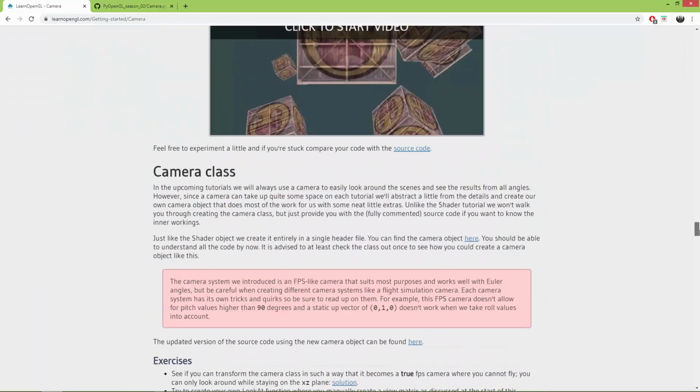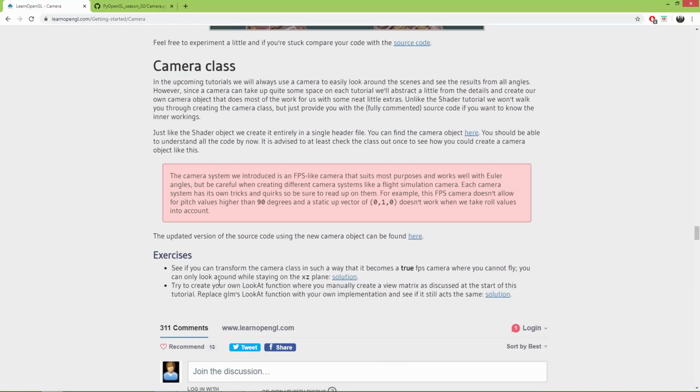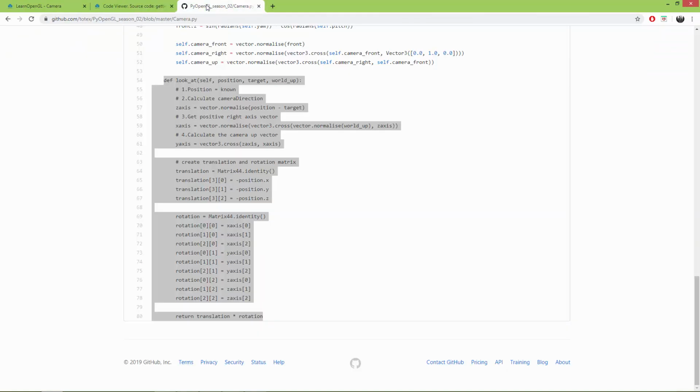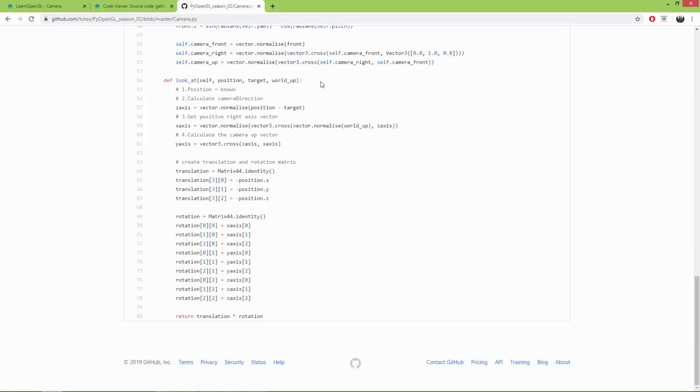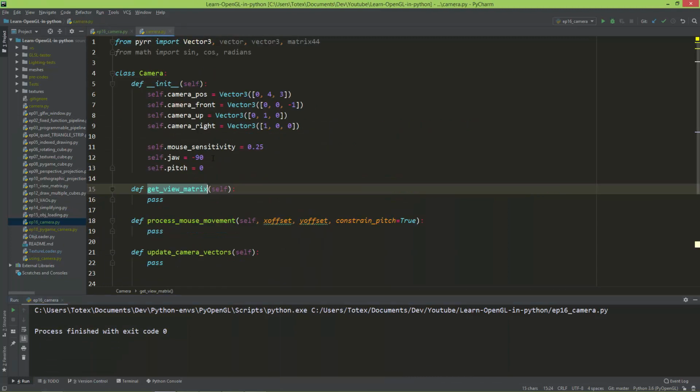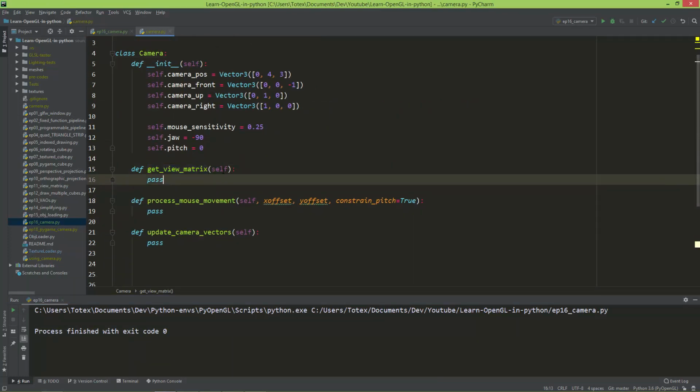If you scroll down, you will find the source code to here: replace GLM's look at function with your own implementation. See if it still acts the same. If you click on the solution, you will find this written in C++, and in my version it is converted to Python. So okay, now let's go to the camera class